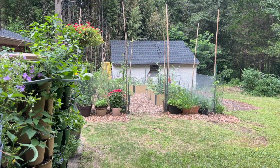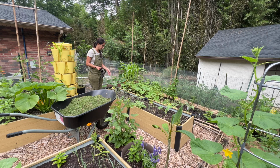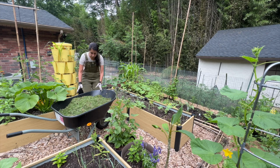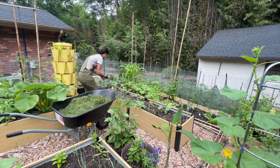Now we're going to use these grass clippings that my husband just mowed to mulch some of our beds in the vegetable garden. The bed that tends to dry out the fastest is this smaller one. It has more soil exposed since we're growing some onions. I don't want to put too much because I don't know if this will be bad for the bulbing of the onion, but I do want to put some so it doesn't dry out as fast as it's been right now. So I'm going to start with a little bit